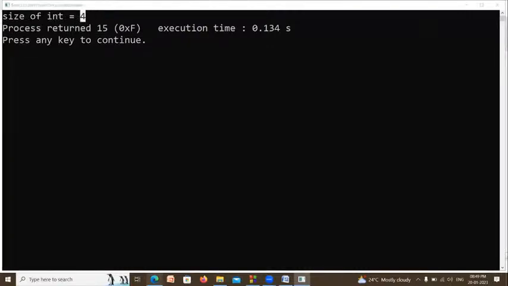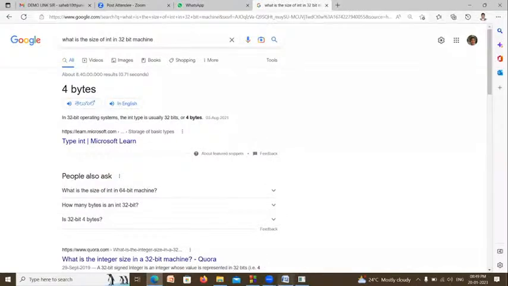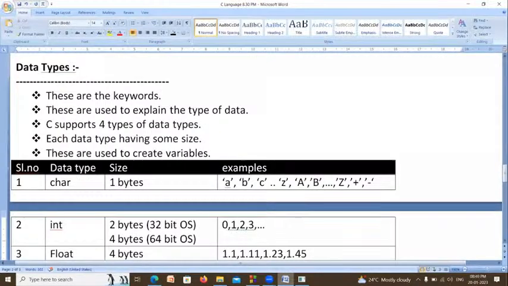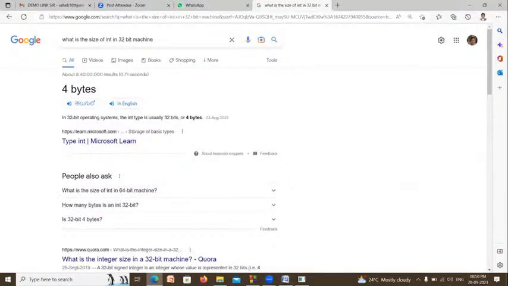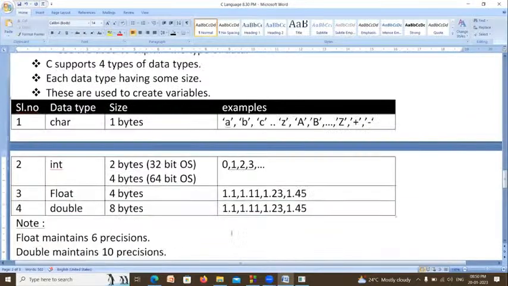Yes, actually, sir, for 32-bit it's 4 bytes, and for 64-bit also it's a 4 byte size. No, not like that. It may be on the internet, but I have gone through so many textbooks. I have been teaching this for 22 years. In old operating systems, the size of integer is only 2 bytes. That's why I mentioned it specially. Okay, thank you, sir.